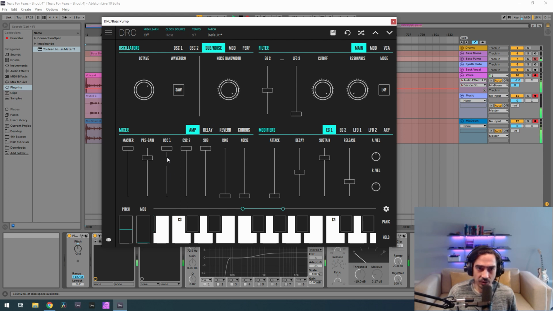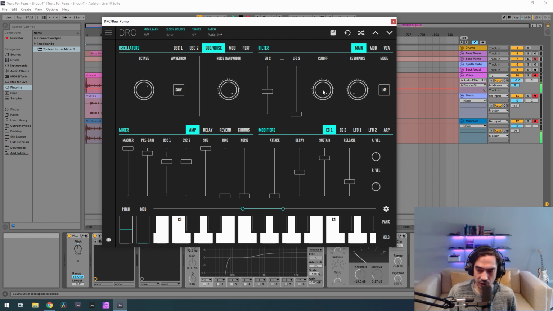But now what we're going to do is drop oscillator 1 and 2 to 718, like this. Pre-gain, we raise it to 900. Now for the envelope generator 2 amount, we have it at 477.